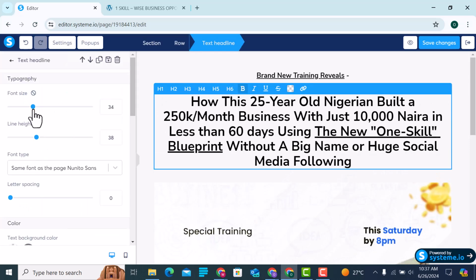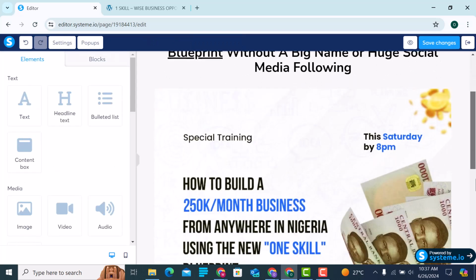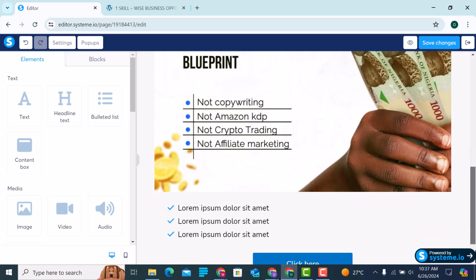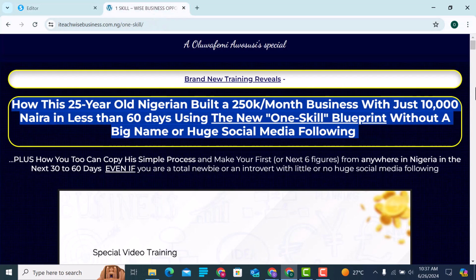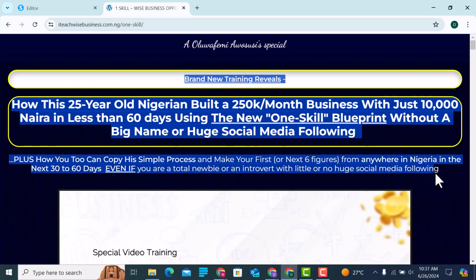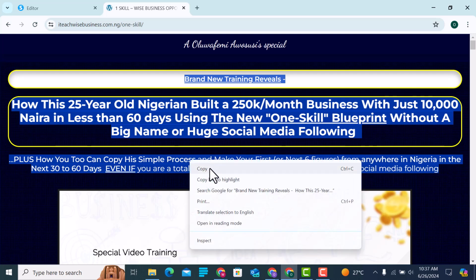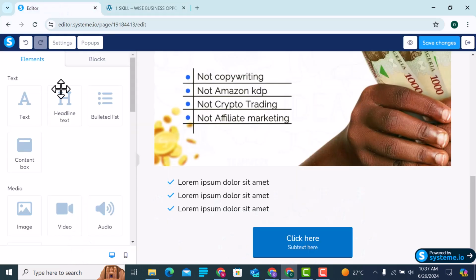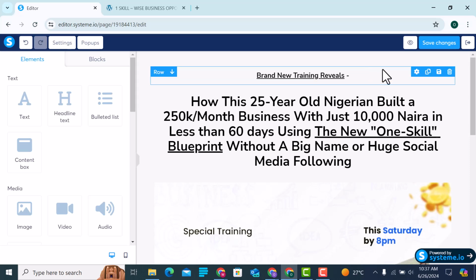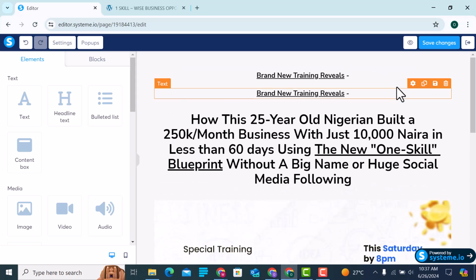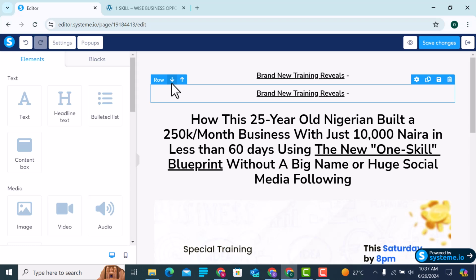Let's increase the size a bit. My picture is okay where it is. What are we learning in training? So I'll basically just go here. Oh, there's this part I forgot. Okay. Let's come here. Let's duplicate this. Move it down.